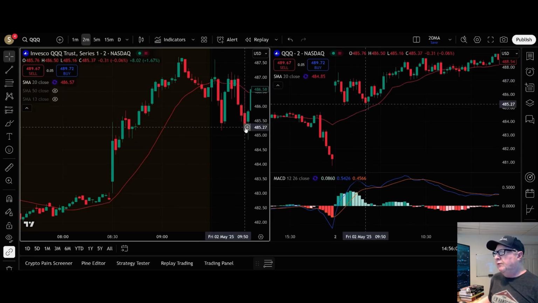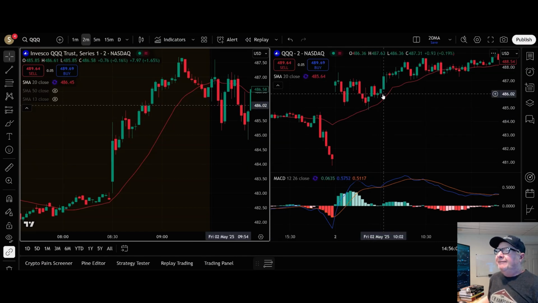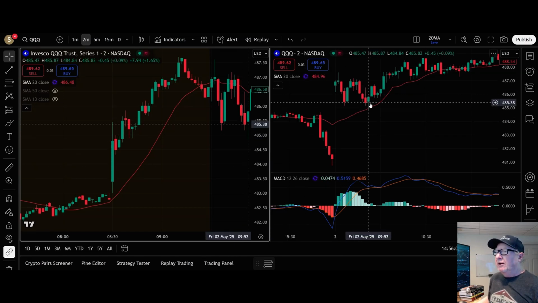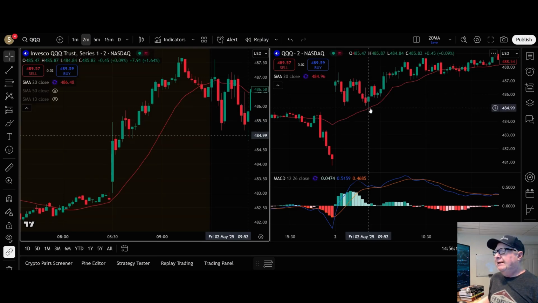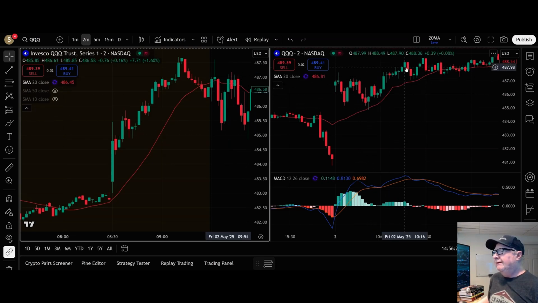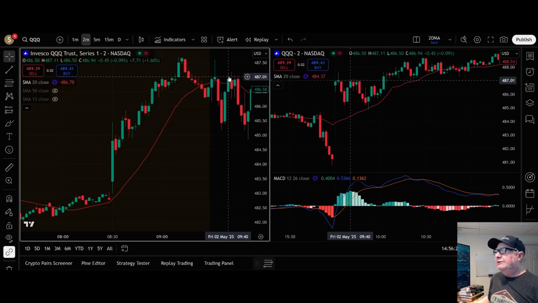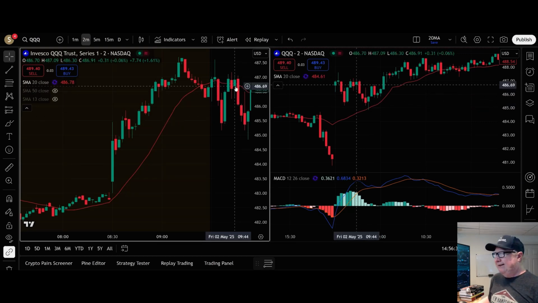The falling 20 on the extended hours. At the same time, on the regular hours chart where the 20 is, it was catching the market with a rising 20. And you can see the market hit that 20 and it was like a lightning rod, and the market took off from there. So this was a pullback to the 20 and then a move higher. So this trade setup failed on the extended hours chart